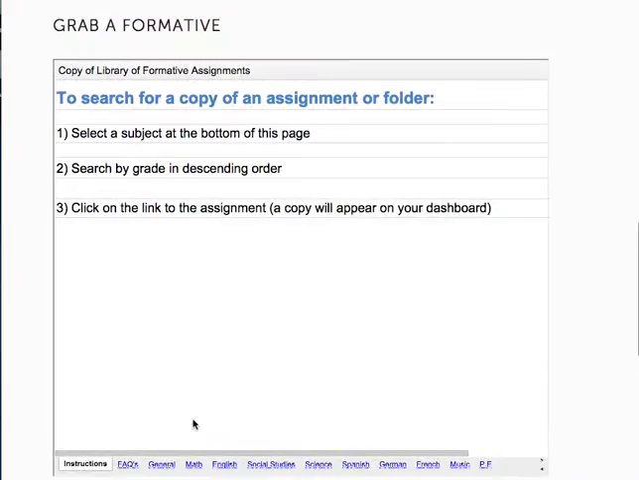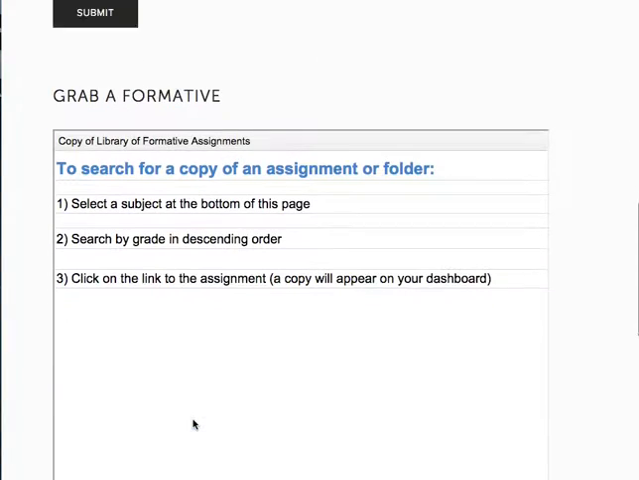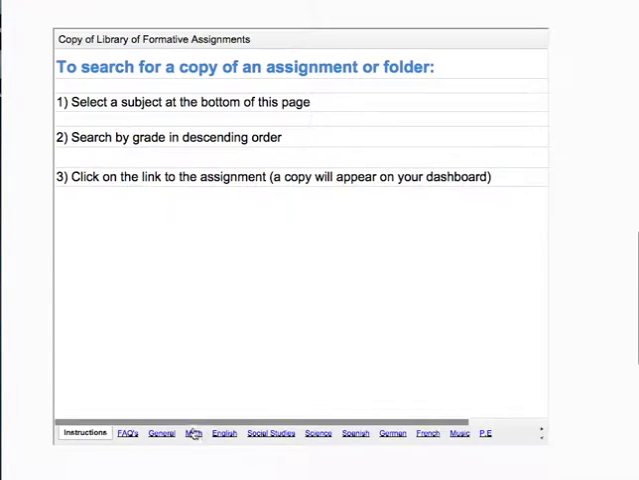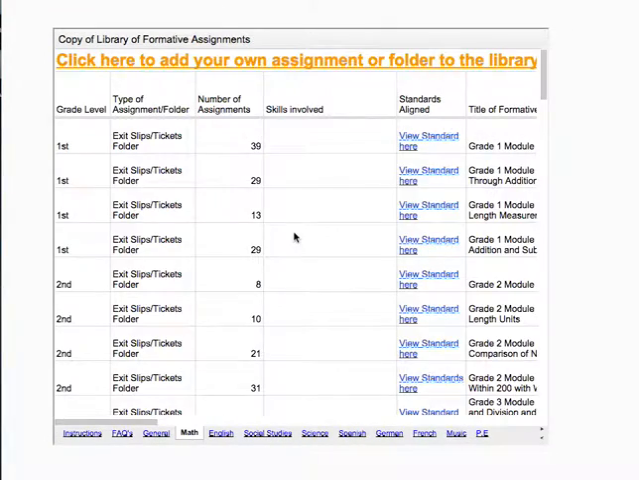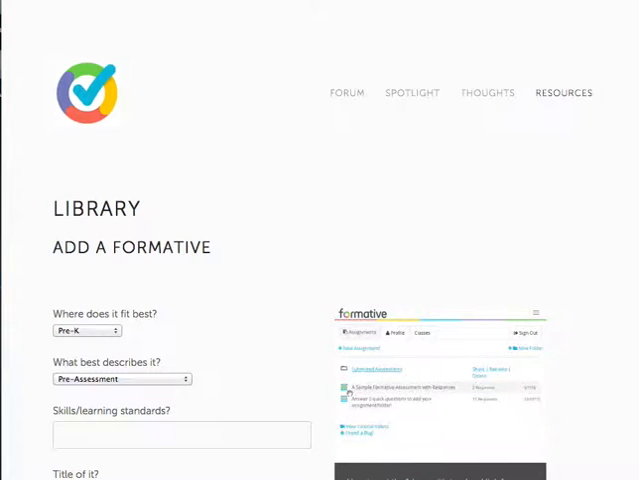So it was a little confusing because I showed you a separate spreadsheet, but basically it was just another copy of this same thing, right? And so we can go to math and grab an assignment or whatever subject we want down here, okay? And so thanks for